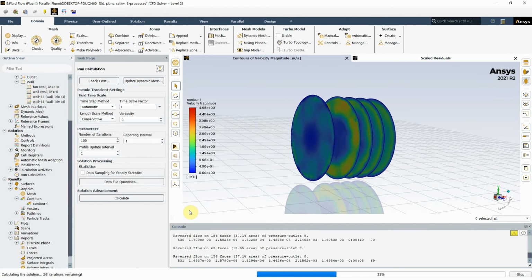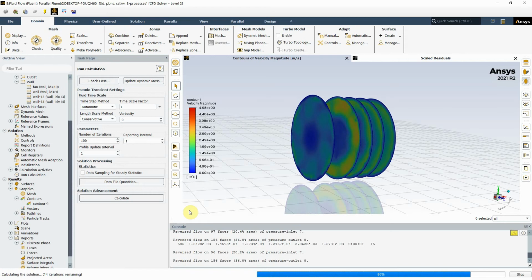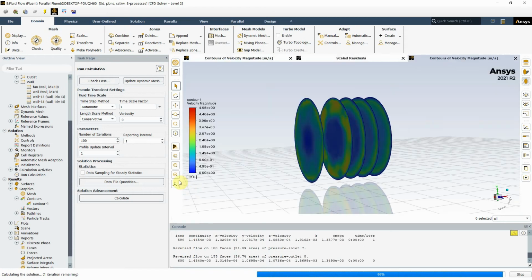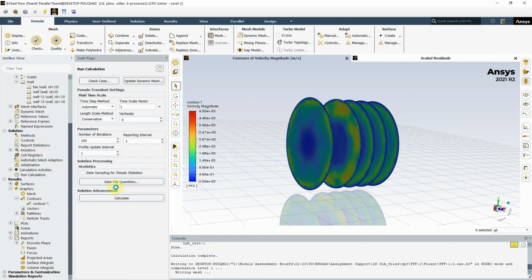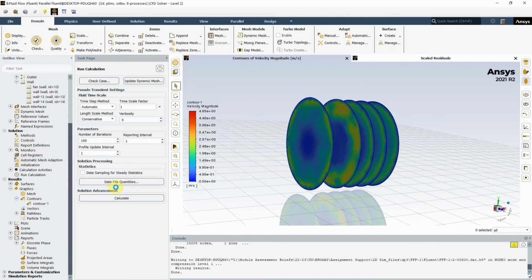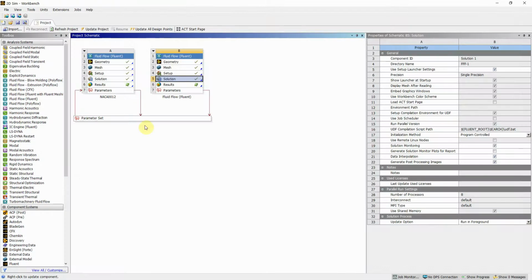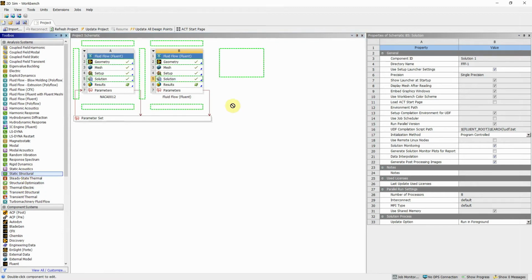Now, why I'm doing this is because I need a green tick to move to the FEA analysis. Okay, file, close Fluent. And you will see that there is now in the Workbench a green tick next to the solution. So what I can do now is bring in a static structural analysis